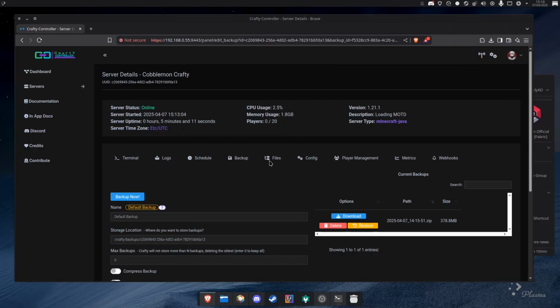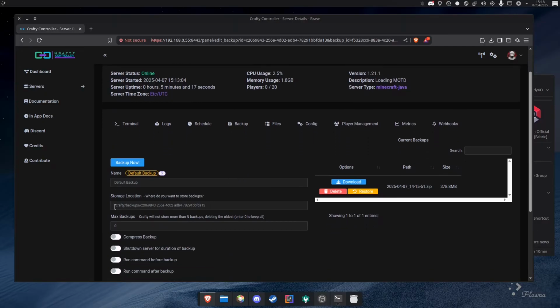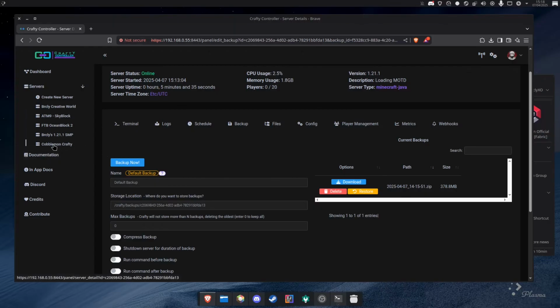Now I have access to my server's backup folder essentially. It's under Crafty backups and then this UUID here. So I'm going to upload my backup that way. If you have access to the server backup files directly, then of course you can do the same thing. It just means that we don't need to delete this new server instance and then create a new server. But essentially,